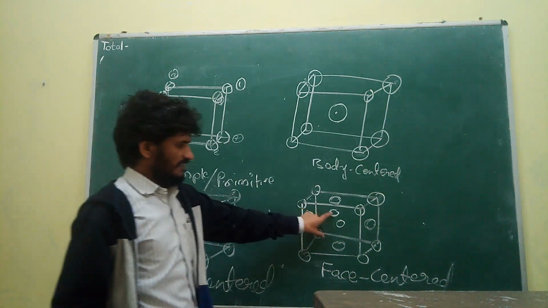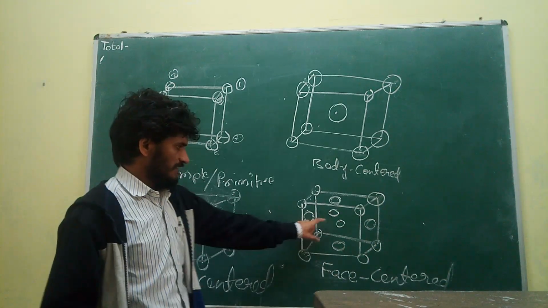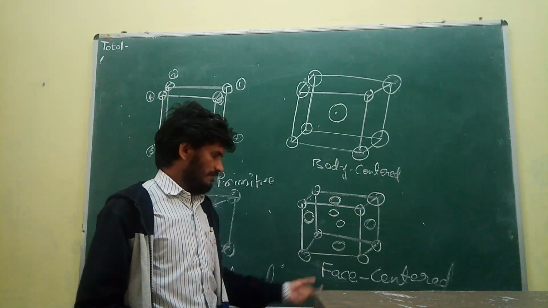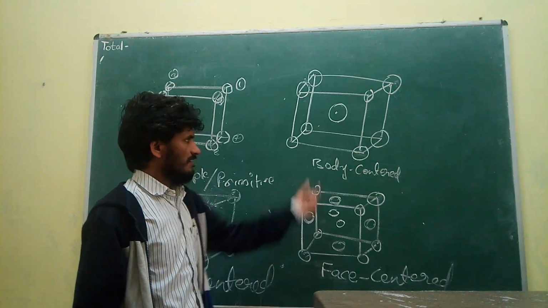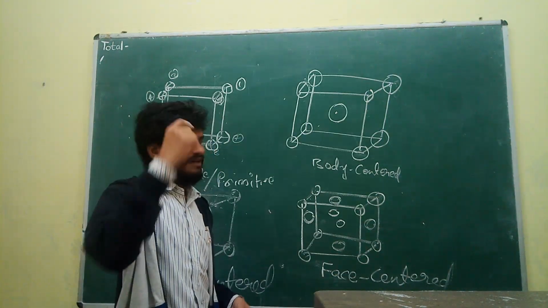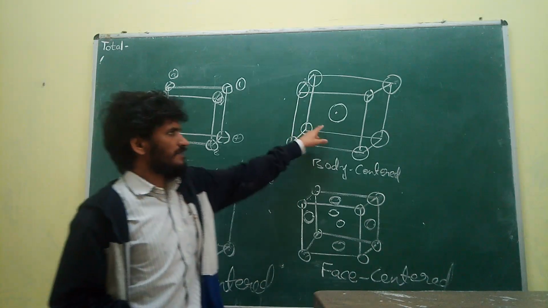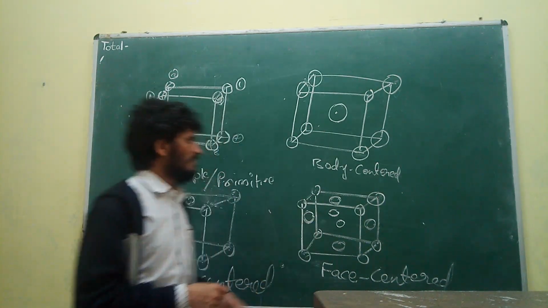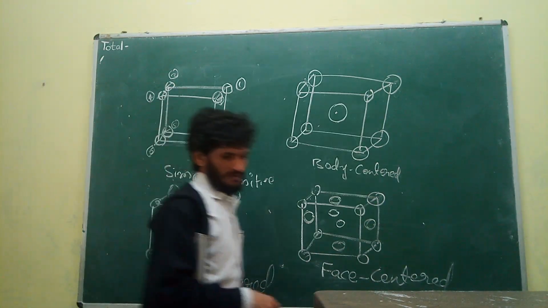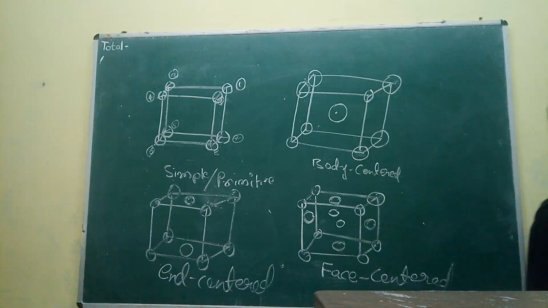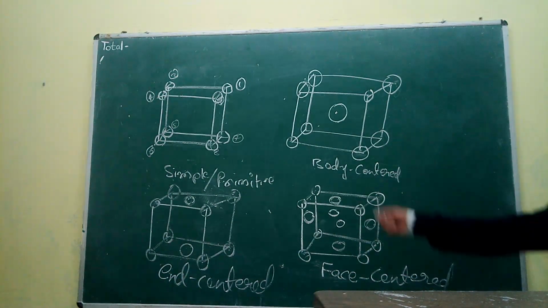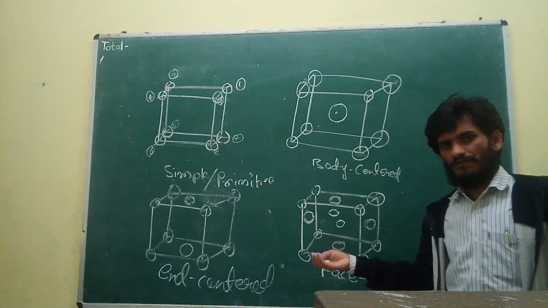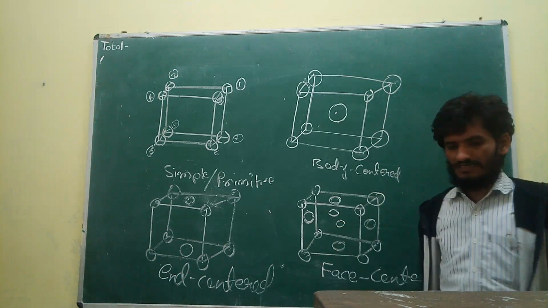On 6 faces, in the middle of these 6 faces, 6 atoms are present, as well as on the 8 corners, 8 atoms are present. So we call it face centered. And this is body centered. Only in the middle of the empty space 1 atom is present, and on the 8 corners, 8 atoms are present. This is called body centered, and this is simple or primitive. Okay, very important. This is very basic for your information. If you don't understand this one, it is very difficult to proceed to further topics. Clearly see the video, you can understand easily.